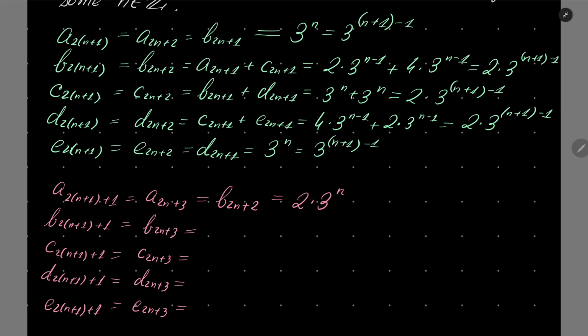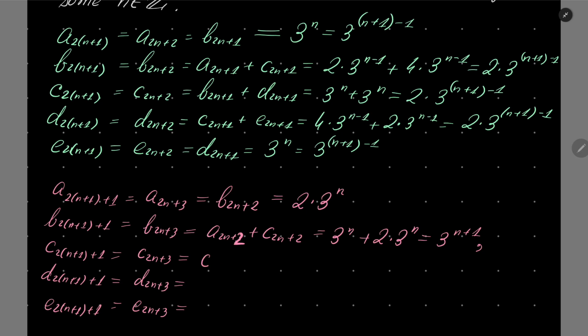b to n plus 3, it's a to n plus 3 plus c to n plus 2 plus 2. By our previous part, this is a to n plus 2, it's 3 to the power of n plus 2 times 3 to the power of n, so it's 3 to the power n plus 1. Okay, very well. Now, next, it's c to n plus,